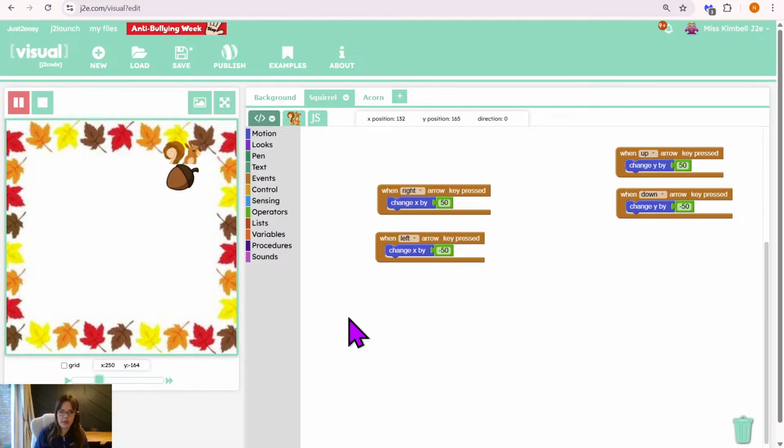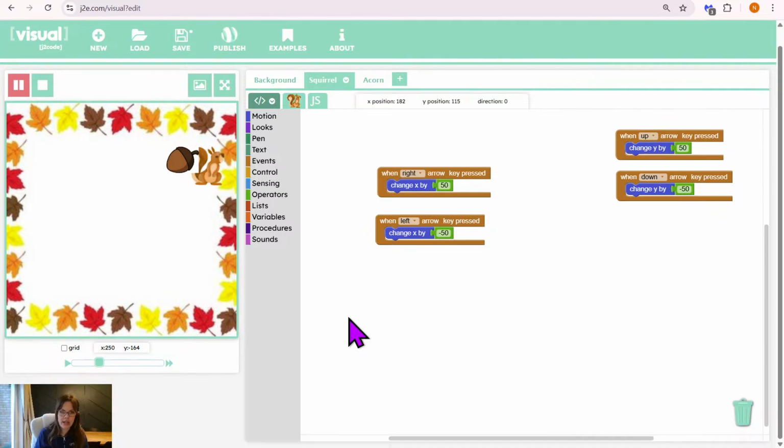Okay. Now, if you put our squirrel next to the acorn, is anything happening? No. Why do you think nothing's happening to the acorn? Because we haven't programmed it to. So we've got one last little bit of coding and then we are done. I'm well aware that I am running over. Apologies. So this time we are going to